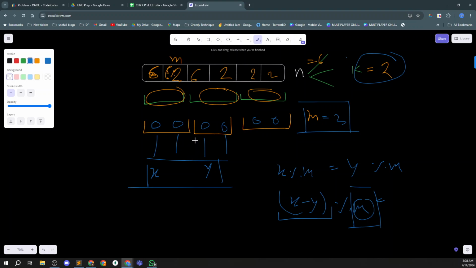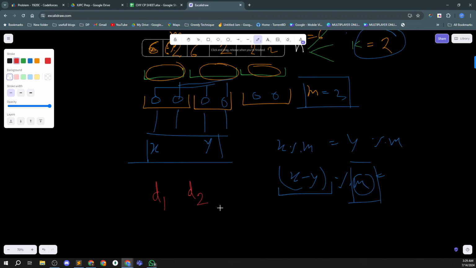Now what I have done is that for these two subarrays, I have taken the differences of the indexes, right? I have taken the differences of the indexes. For example, the difference of the first two indexes is d1, the difference of the second indexes is d2, right? Then I have calculated the greatest common divisor of the differences, and I've gotten a number, a possible m, for